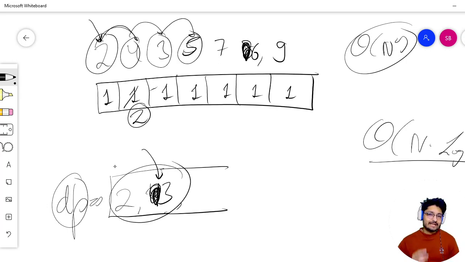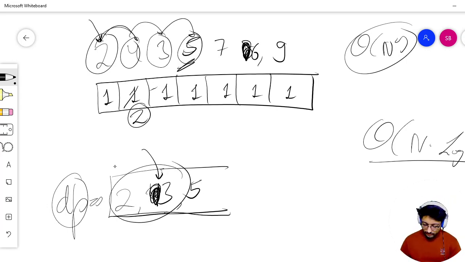So binary search can be used to find out what position I can place this 5 at, because binary search means that it should be in a sorted manner. Just assume that I'm building it in a sorted manner, 2, 3, 5, something like that; it should not be unsorted. So what is the next position I can place it? Because if I place 5 here, then it will be unsorted. So the best position to place 5 is at the end. It is perfectly fine because it is continuously building, but it should not break.